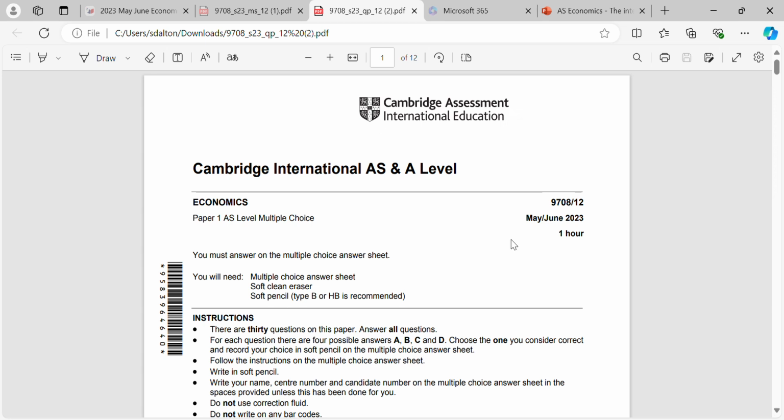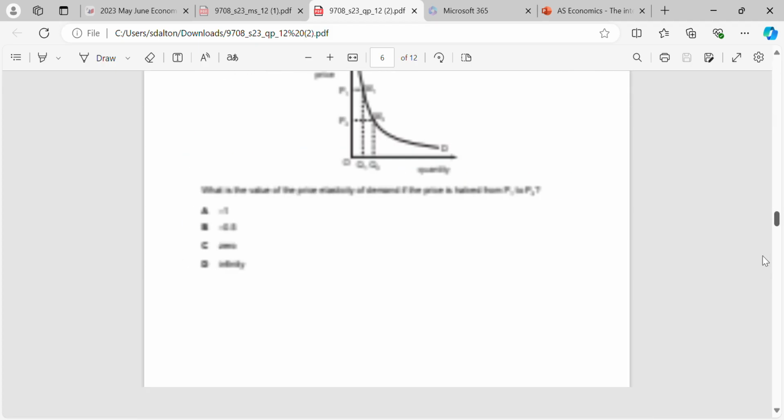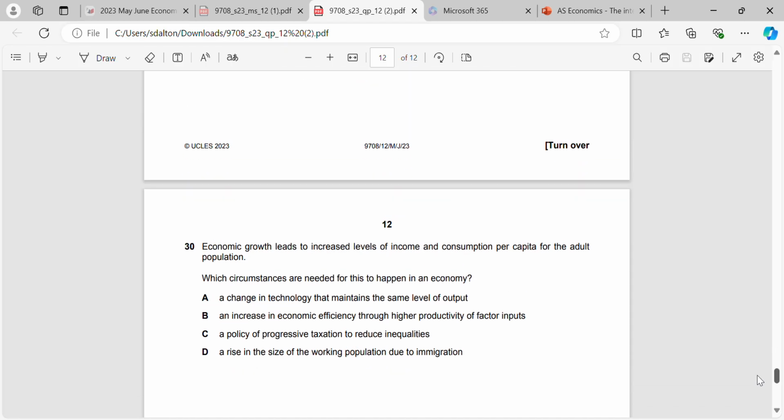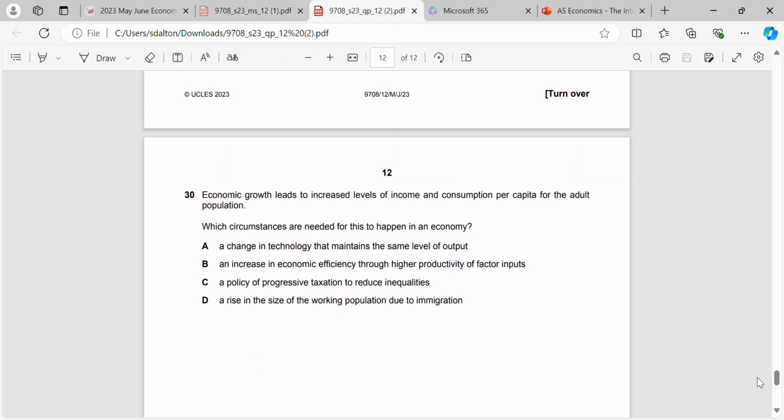Okay, welcome back. We're looking at May-June 2023, question paper 12, and we'll start from the bottom again. This is a relatively difficult paper, at least in my opinion, in comparison to the other papers that we've done so far. There are some relatively difficult questions that require a bit of abstract thinking, but let's begin with question